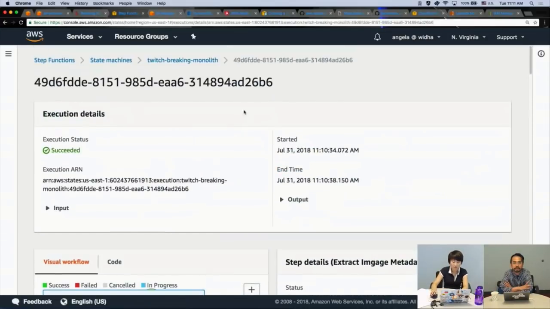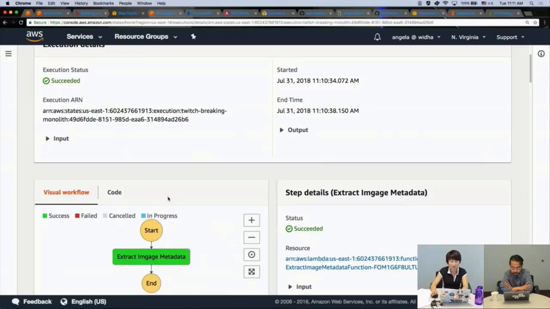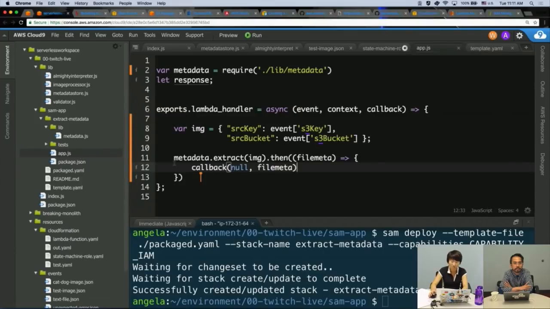Okay, now we have a basic step function with a single Lambda step. We can look at exporting more of the logic from our Node.js application into our step functions. So one of the key things we talked about, the benefit of